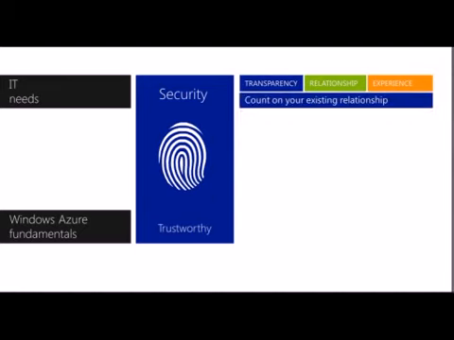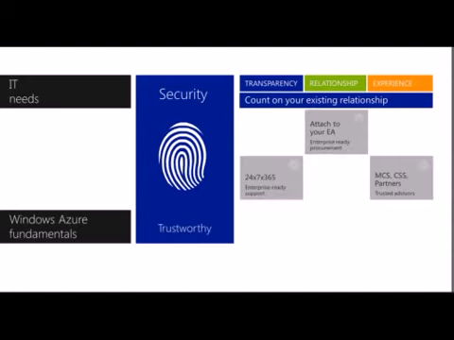The other part then is around the relationship that no doubt you have with Microsoft itself, in terms of being able to pull on the existing relationships that you have, whether that be from a licensing perspective or from a support perspective, having that 24/7, 365 enterprise-ready support, and being able to then work with Microsoft itself through our support centers, through Microsoft Consulting Services, or one of our partners such as Tech House, who work with us through this.